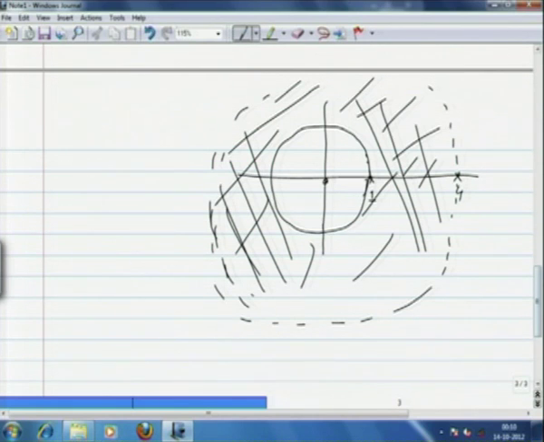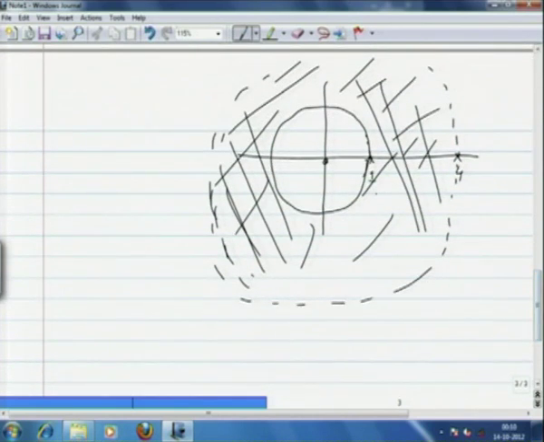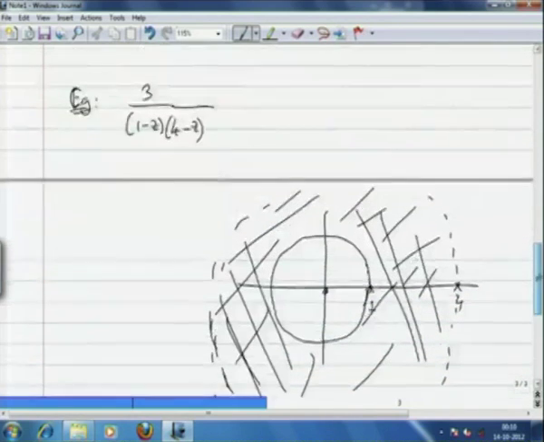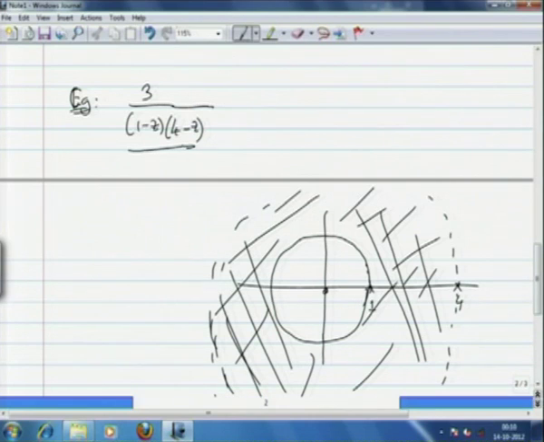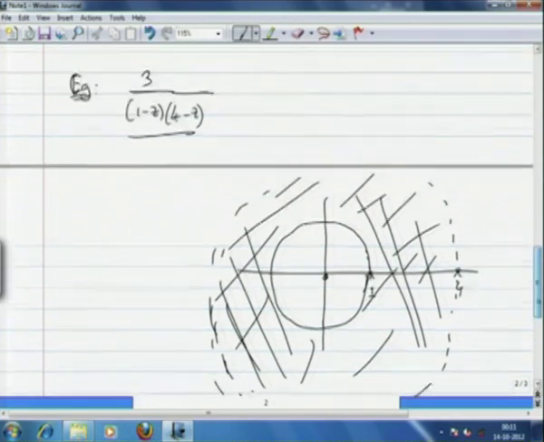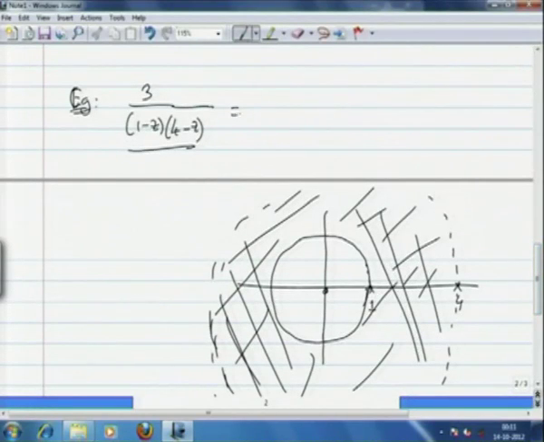So, we will see that we have an expansion of this function in an annular region between a disk of radius 1 and a disk of radius 4. Let me first write this as partial fractions. We can write this as minus 1 by 1 minus z, minus 1 by 4 minus z,